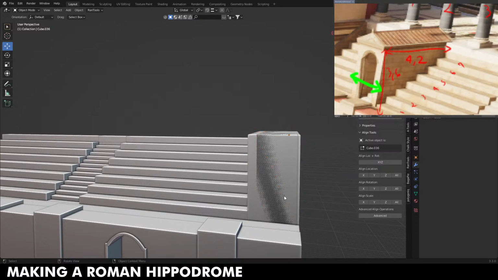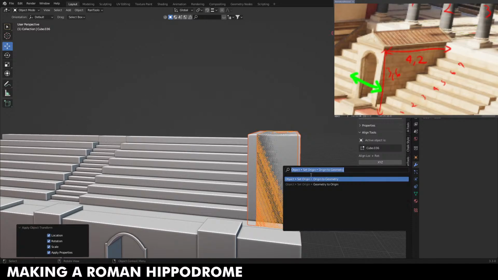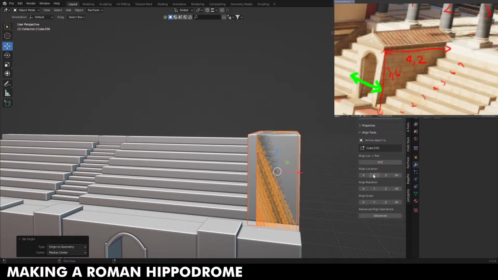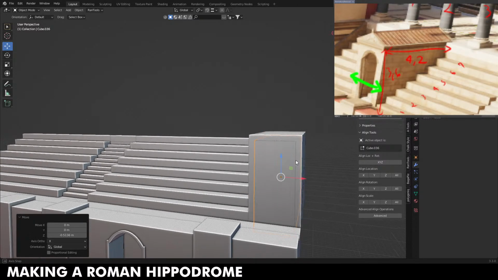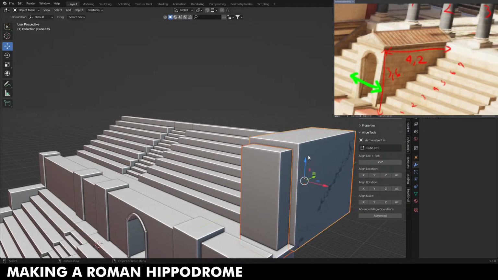What the fuck? Is it because I need to apply all the transforms? Set origin to geometry. It did the opposite of what I wanted it to do. Yeah, there we go. Now I do this and I make it a little bigger. I do this and Shift Q and